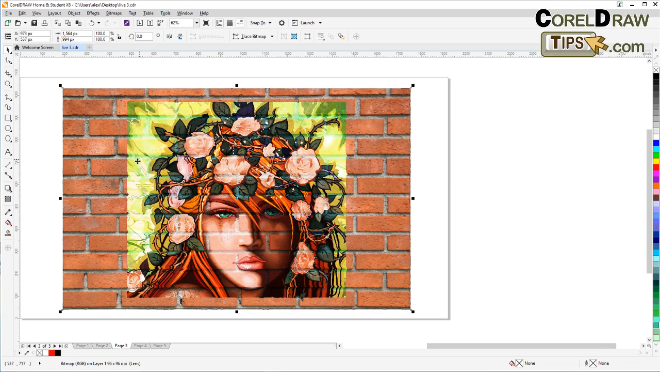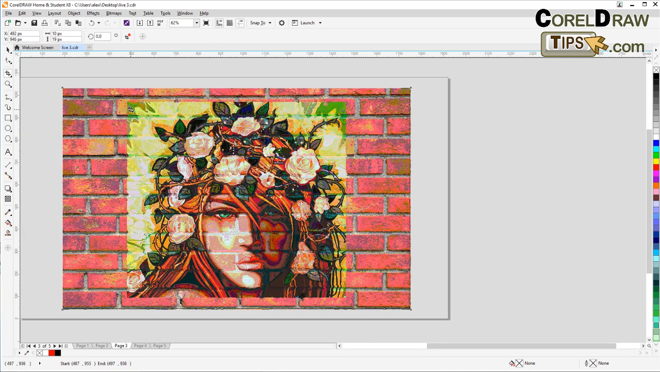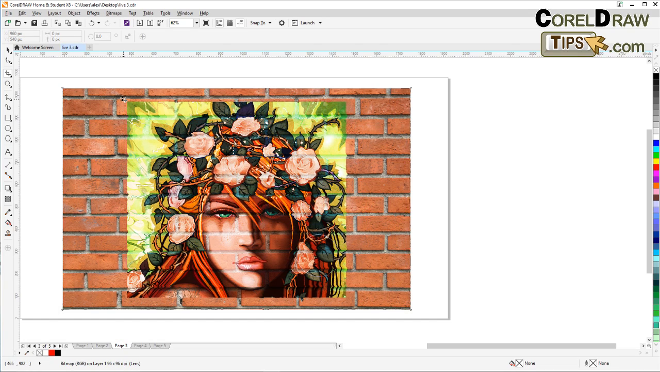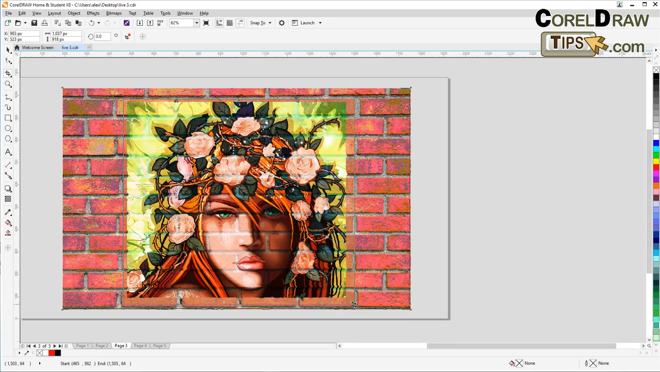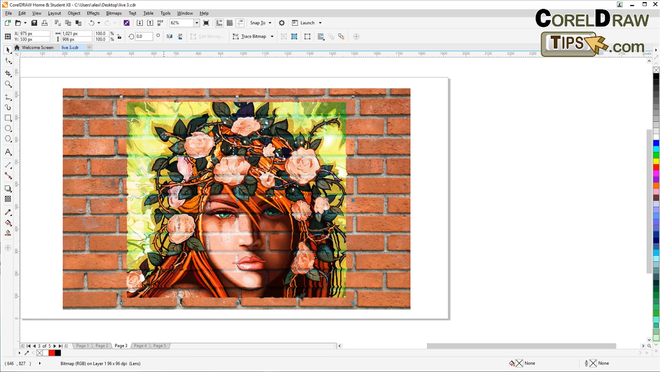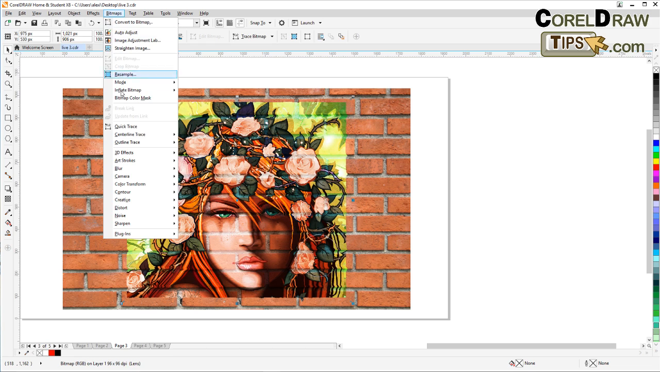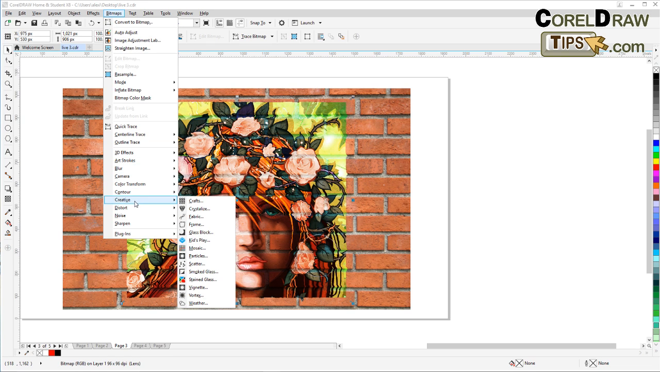So I'm gonna click on this image with the effects already. I'm going to crop this. So click on my crop tool, but first of all I have to select that. I'm gonna crop it from here and then hit enter to crop, so that when I select it, it's only this one and not the rectangle included. So now I'm going to go to bitmap, and then creative,